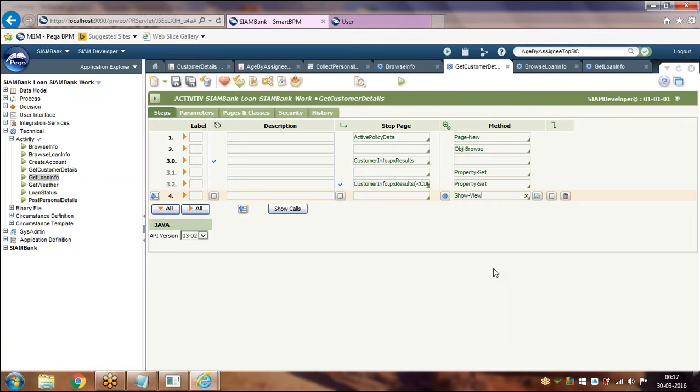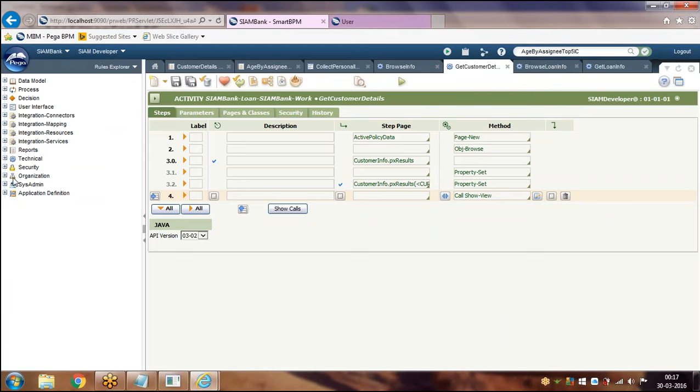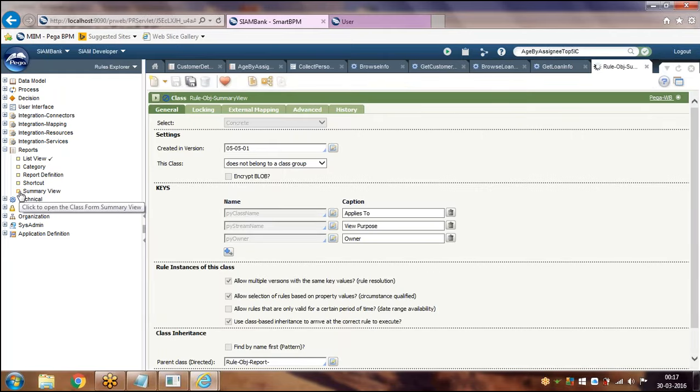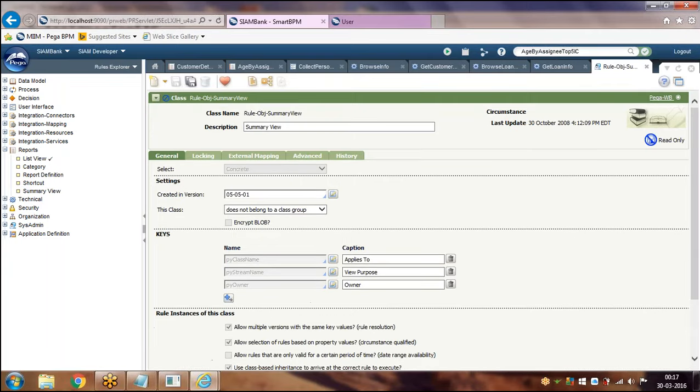It is an existing activity you have to call, and you have to provide the rule type prefix like this, reports. You are planning to call a summary view, right? Just click on the rule, click to open the class form summary view, just select it, just copy it.